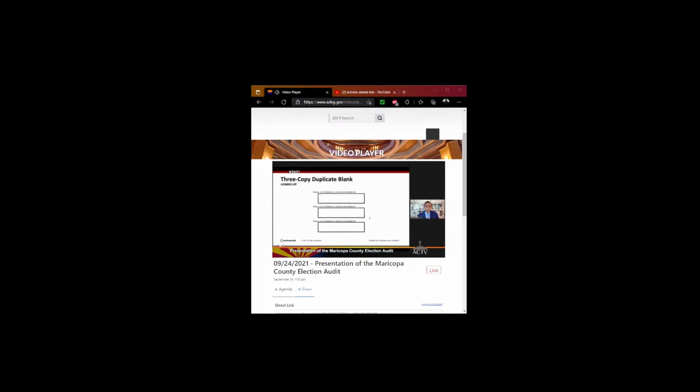And here's an example of a 3-copy one. We have 3-copy duplicates, all blank. We'll come back to showing whether they were approved or not. And here's an example of 3-copy scribbles. All right, so that gives you an understanding of the flavor of the analysis we had to do of